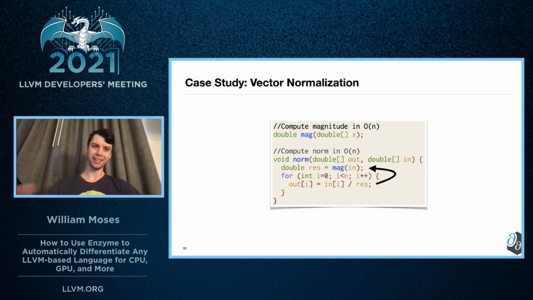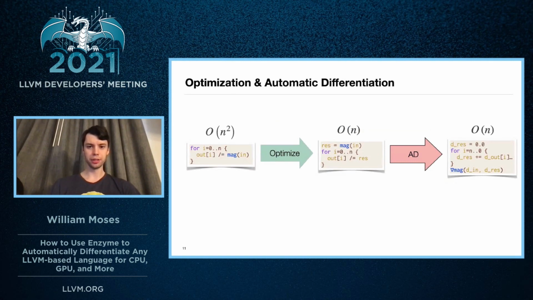Now, a good compiler, especially LLVM, should be able to identify that we don't need to call magnitude once per loop iteration, but perform loop invariant code motion to hoist it outside of the loop, reducing the runtime to simply O(n) rather than O(n) squared. Now, if we were able to perform automatic differentiation after optimization, we would be able to see that the corresponding gradient, which effectively reverses the code, or in this case, you can see it, sort of mirrors it, where we had a magnitude call, iteration 0 through n. Now we have iterations n through 0,